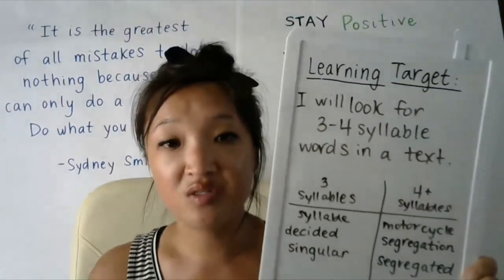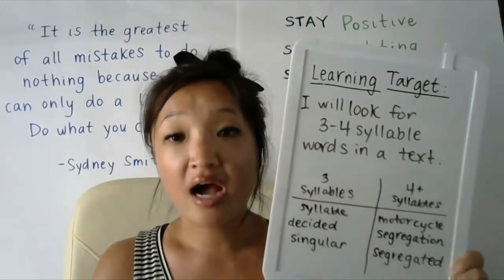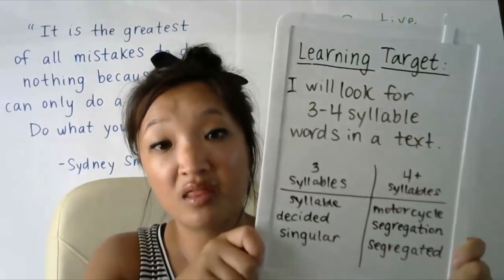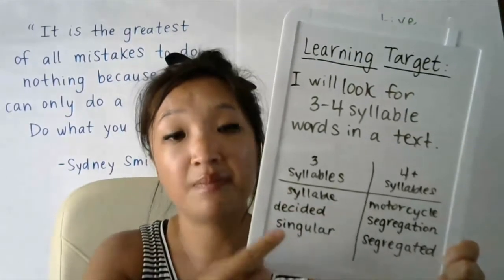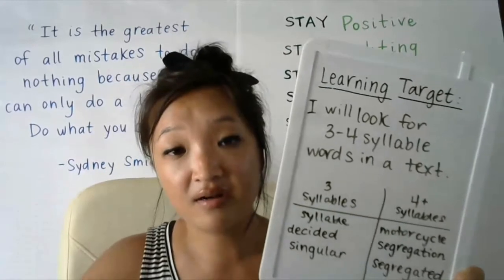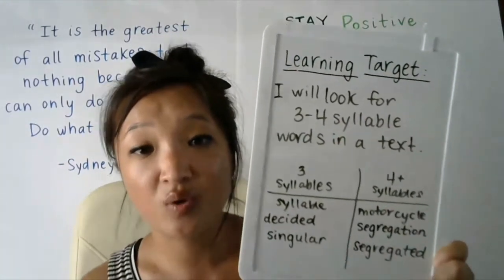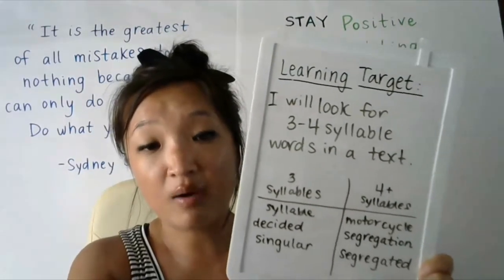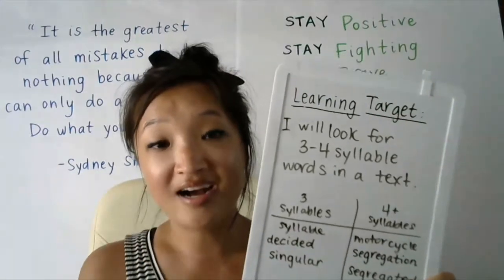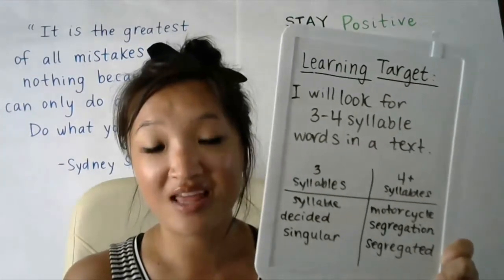So while we were reading that story, not only were we trying to pay attention to that literary nonfiction book about Rosa Parks, but we also looked for 3 to 4 syllable words within the text. I just wrote down a couple that I found on random pages. Remember, it's nice to have a running record. That means continuing your search for those certain texts or whatever you're looking for. We have separated out 3 to 4 syllable words or more. Some words have more than 4 syllables, and that's awesome if you can find those.